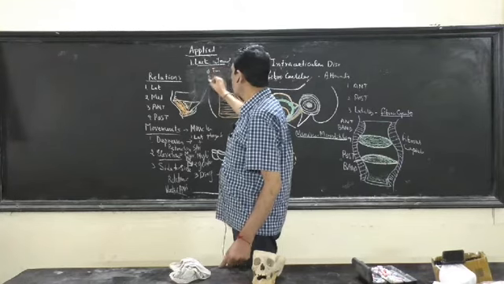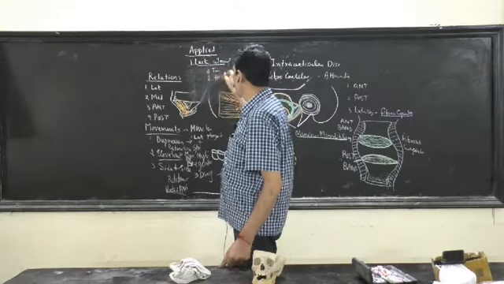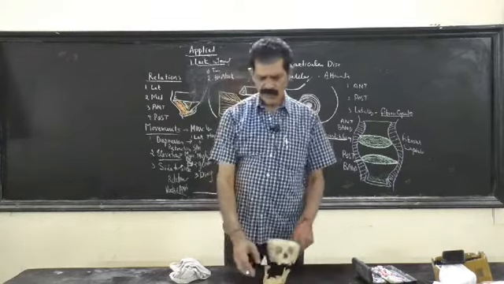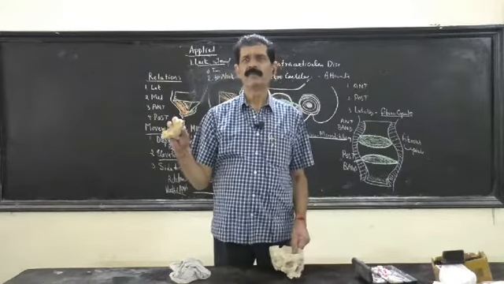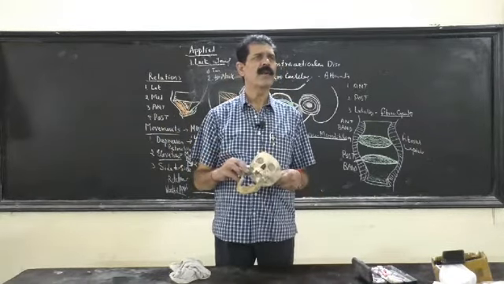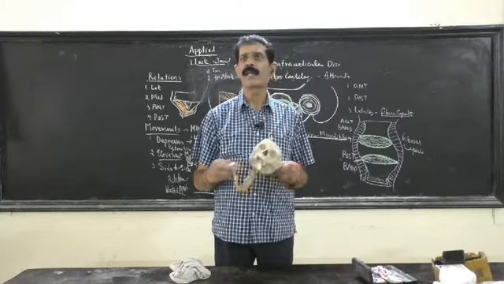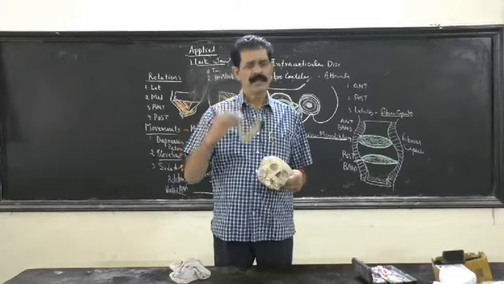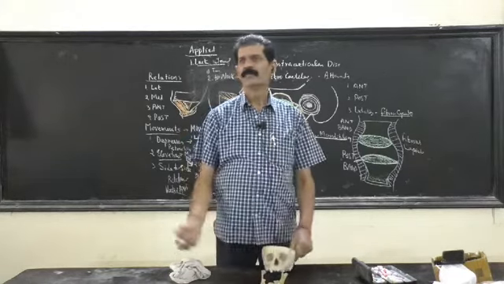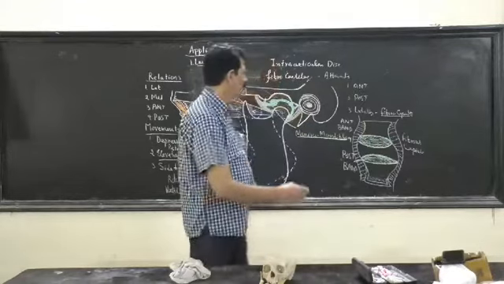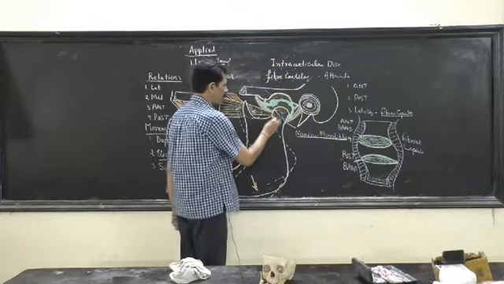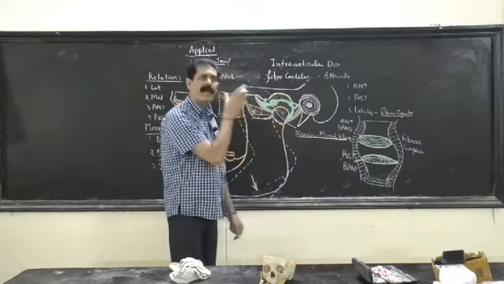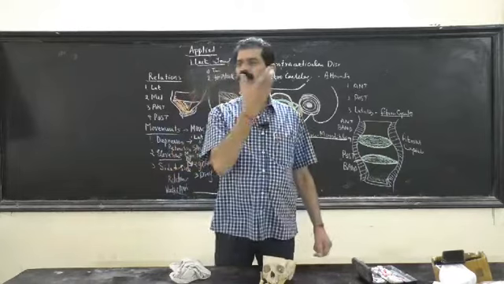There may be other causes. That is the fracture of the neck of the mandible. If there is a fracture of the neck of one side of the mandible, we know this is the only joint of the body, the TM joint, which acts simultaneously. If there is a fracture of one side of the neck of the mandible, then the other side won't move. So simple. Whenever there is a fracture of the neck, that part will become stationary, and the other will also be stationary.